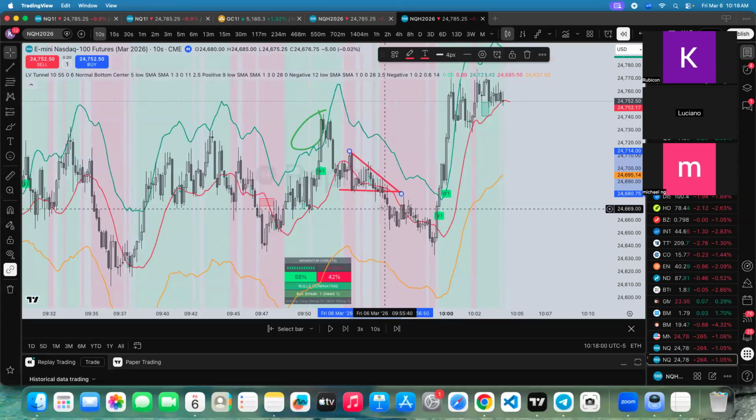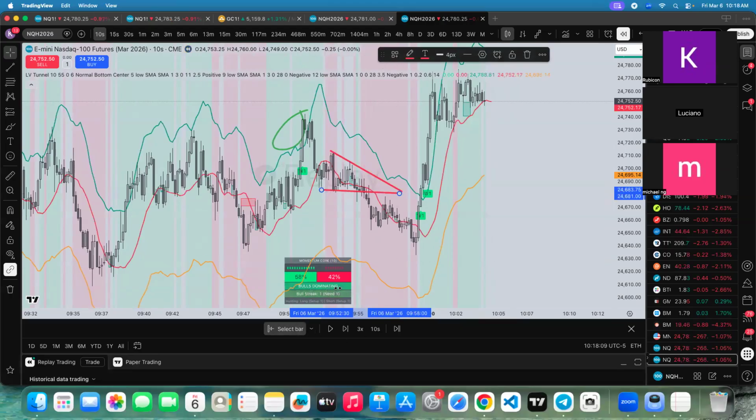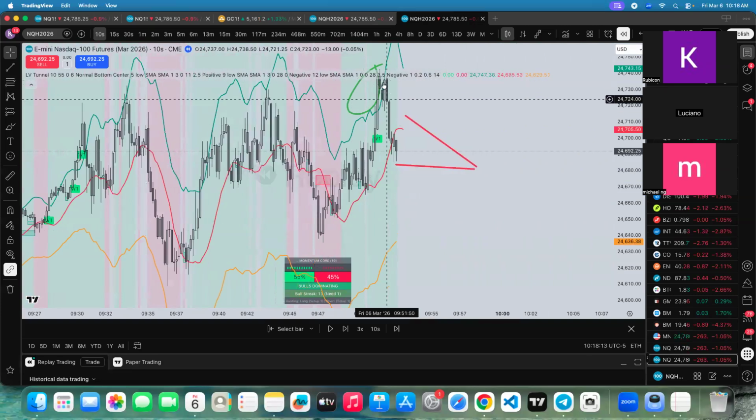If it breaks down, see how it breaks down, retests, held this line. So let's select the bar here. When I have this sign of bullish,